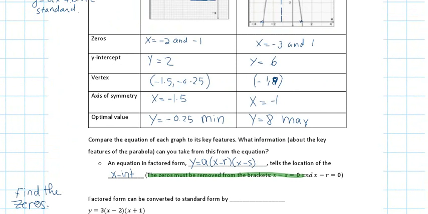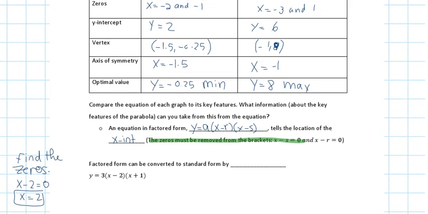Okay? Now, if you want to go from factored form to standard form, then you expand. Did I lose you guys? How do I expand this? What do I have to do? FOIL. That's right. So y equals